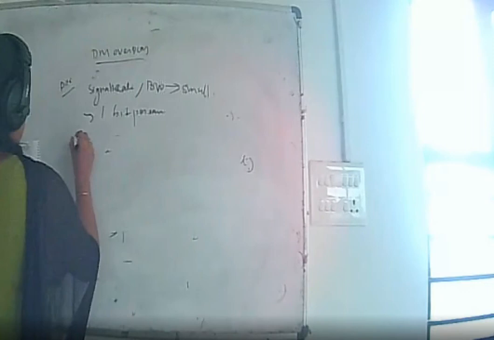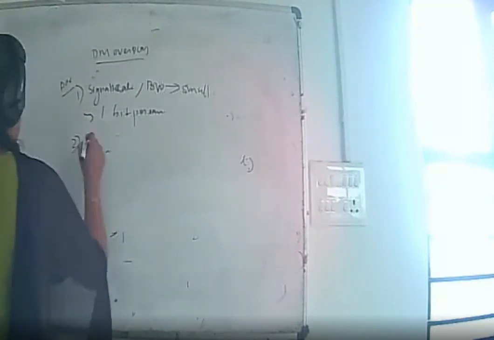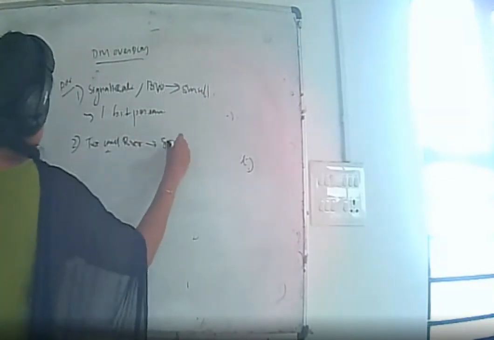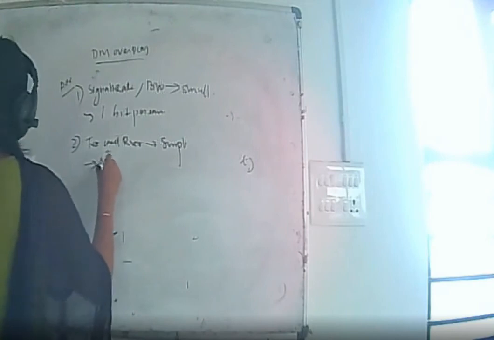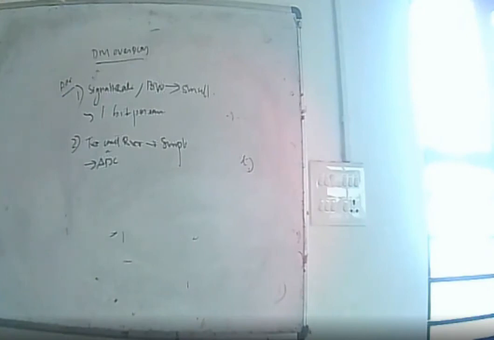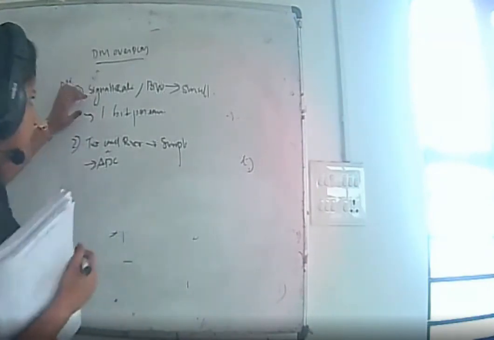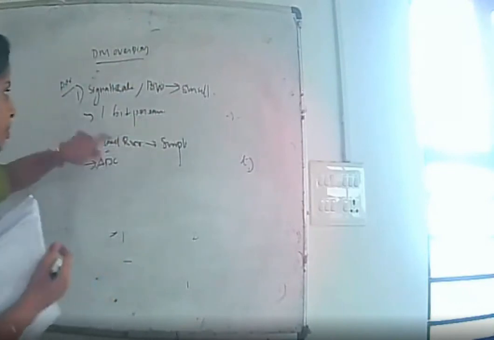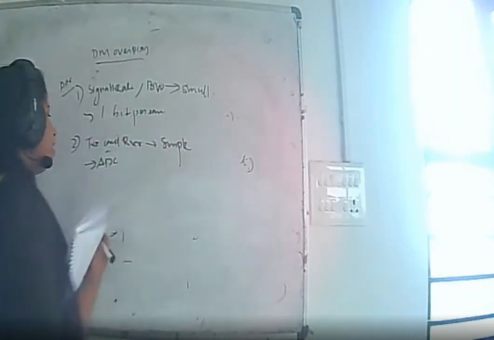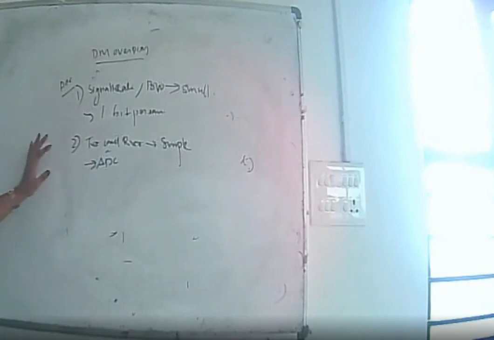Second, compared to PCM, the transmitter and receiver implementation is simple, and there is no need of an ADC in the delta modulator, that is, no analog to digital converter is required. The signaling rate and bandwidth are very low compared to PCM. Here it is 1 bit quantization, that is 1 bit per sample, and the transmitter and receiver implementation is simple compared to PCM, and there is no need of ADC. This is the advantage of DM over PCM.